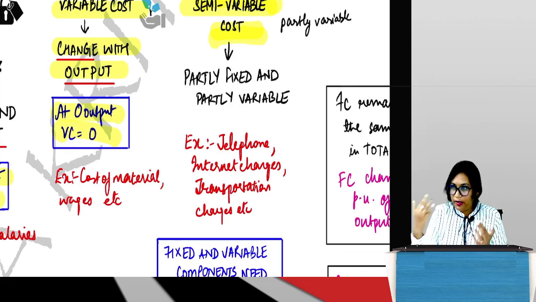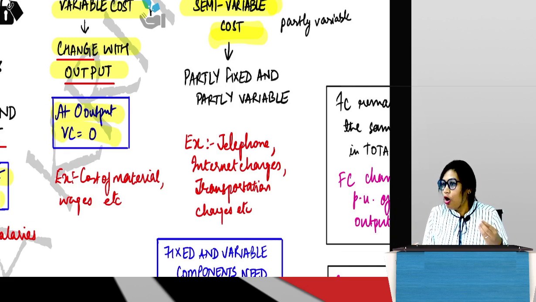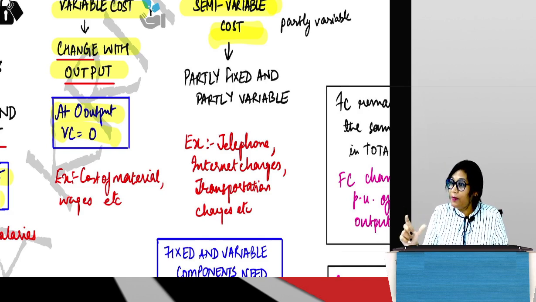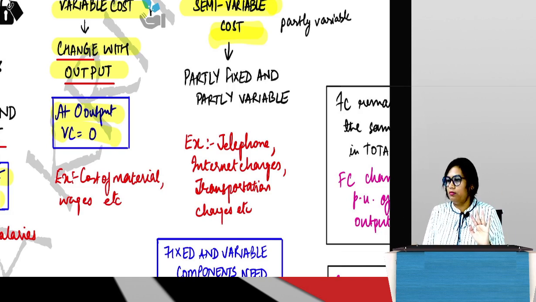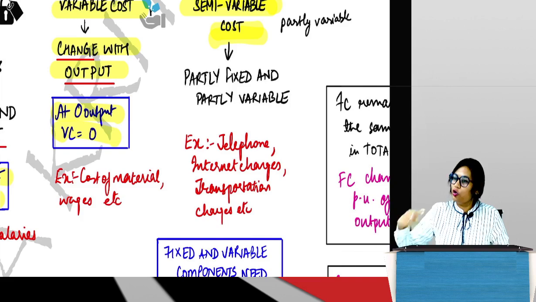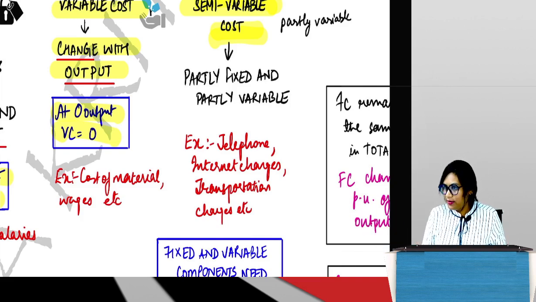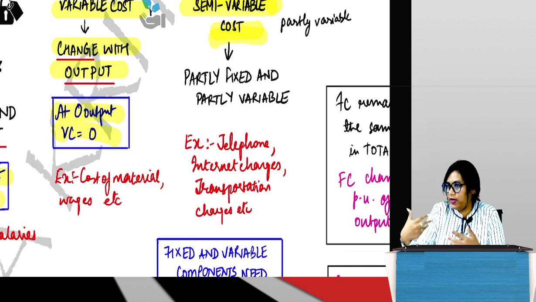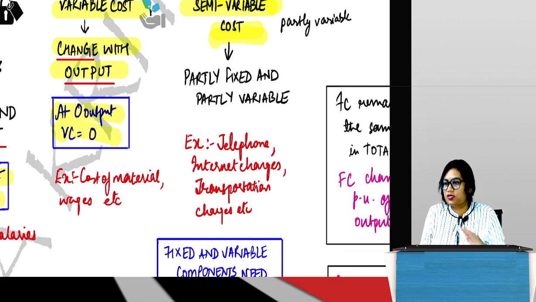Guys, correct? Are you able to relate to it? Same thing with some of your internet packs or mobile packs that you buy, like for a postpaid connection, or if you are using a prepaid connection, whatever be the case. Some of the packs are like this: this much you have to pay, and beyond this, if you are using more, you pay this much extra. That is based on usage, right? So one part of it is fixed, one part of it is variable. These are some of the examples that we face in our daily life, which we can relate to and understand how costs are behaving.